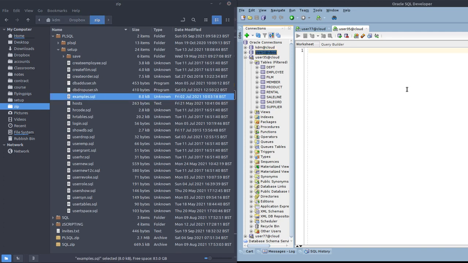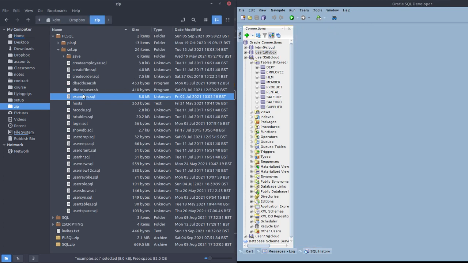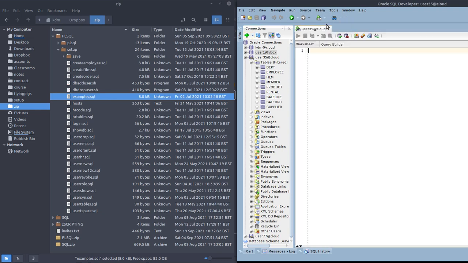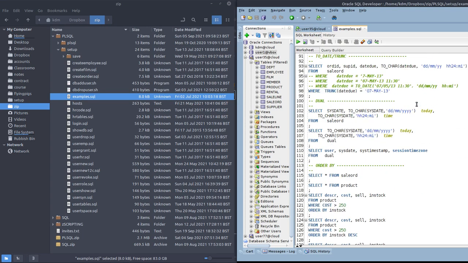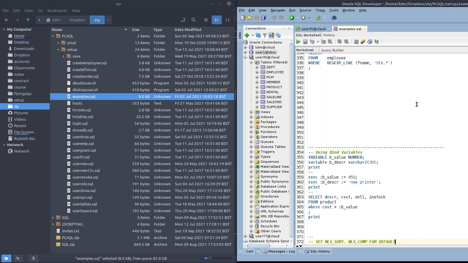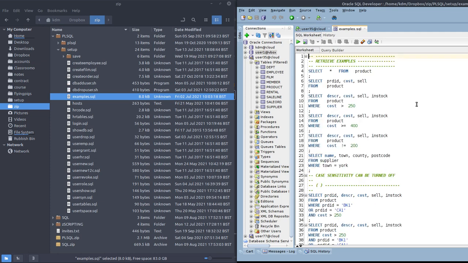What you can do, if you've got a window open here, one of these windows has to be open, because if you close them, you can't drag that over here. But if you open the query window, any of those, and you've got a query window open, then you can drag this over here. And these are examples. It's quite long actually. Can we go to the bottom like that? Yeah, 372 lines. Go back to the beginning.